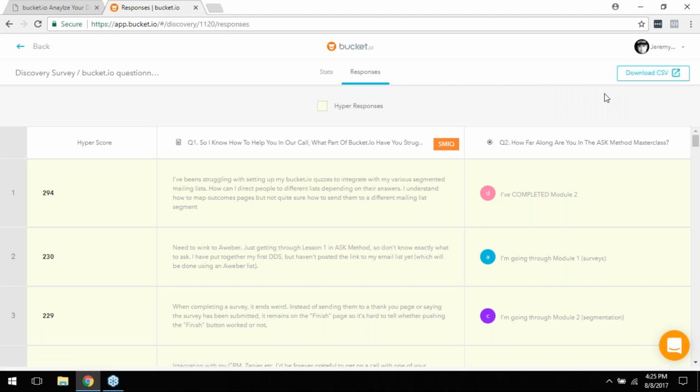And the only reason I'm not downloading it now is I don't have Excel, and it causes my computer just to go nuts. But what you would do is all the information, like the hyperscore, all the questions, everything stays together, so that you could actually open both spreadsheets and combine them into one. What I would do in that case is create another column and call it,